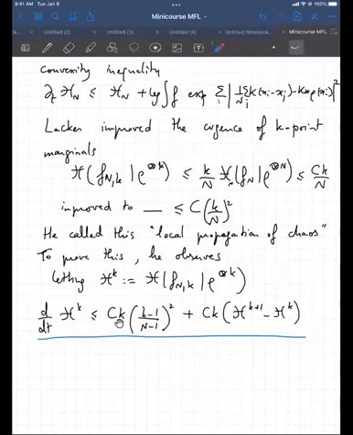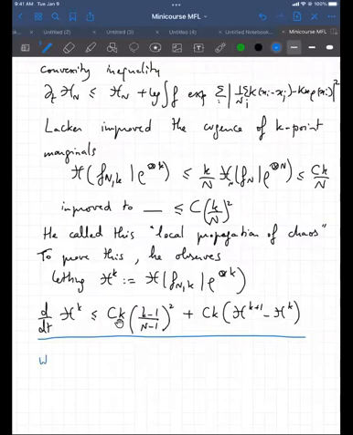And so what he's able to do is to say, okay, I have the exponential decay plus maybe this growth due to the hierarchy. And he's able to basically control this term by going to the last term in the hierarchy, which is hn, which we know can be controlled in a very rough way by O of 1. Okay, so this is the idea, right?